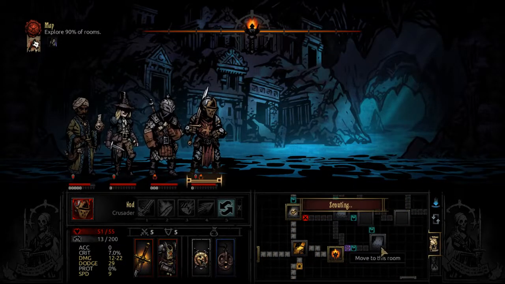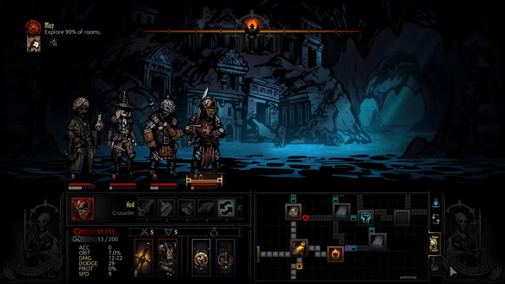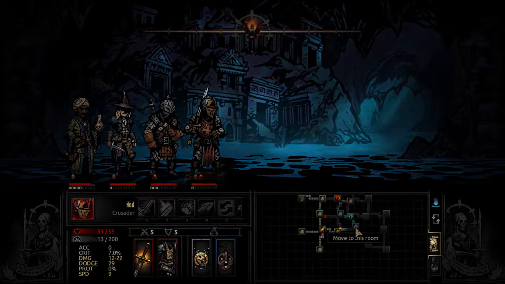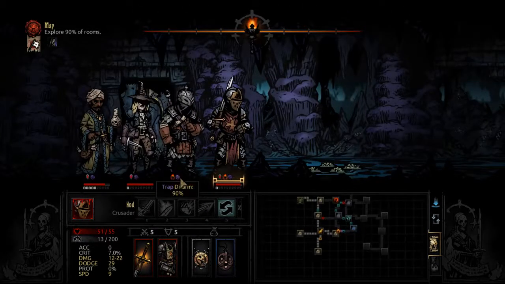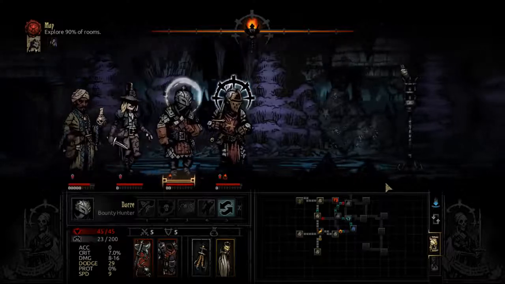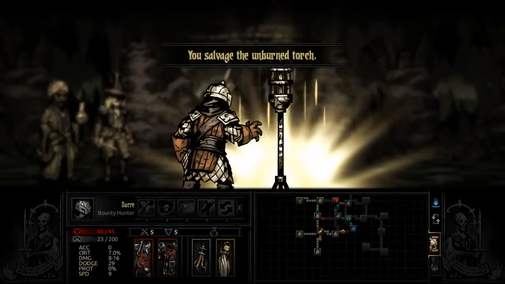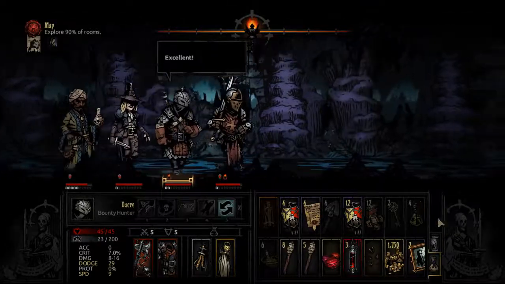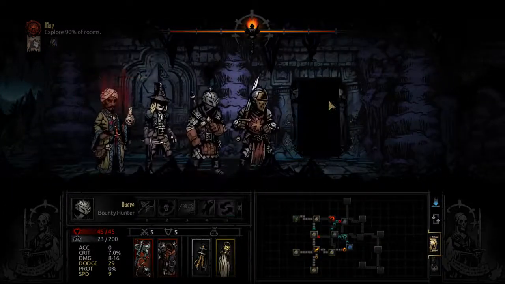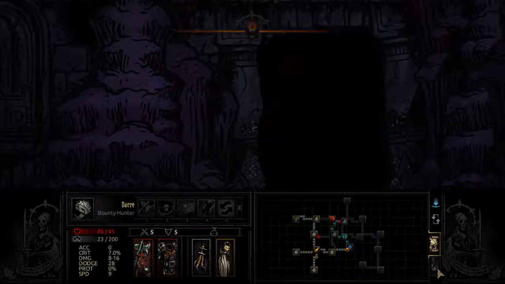Alright, who's next? Oh, there is a secret door back there. Okay. There's a room battle with Curio. So no matter what, I'm going to have to get into a fight. I'm going to take the double Curio plus this, because A, the Bounty Hunter could use some stress reduction. I'm not going to risk the 70% chance again, because it just fails a little bit too often for my tastes. We'll grab the extra torch, and we'll take the other Curio, and we're going to go to the room battle, and hope and pray that the room battle in question